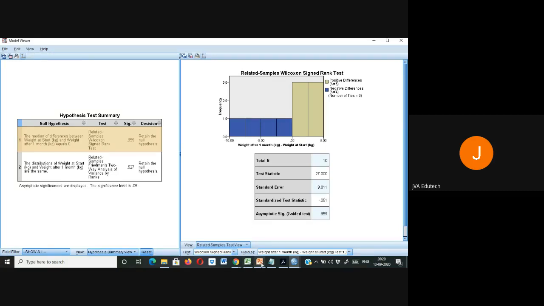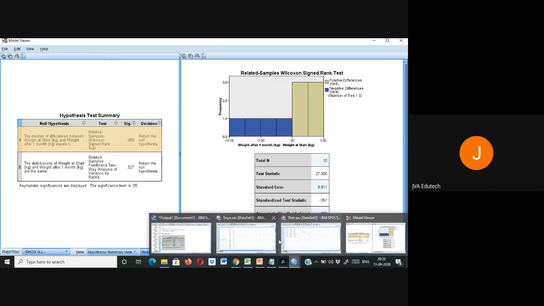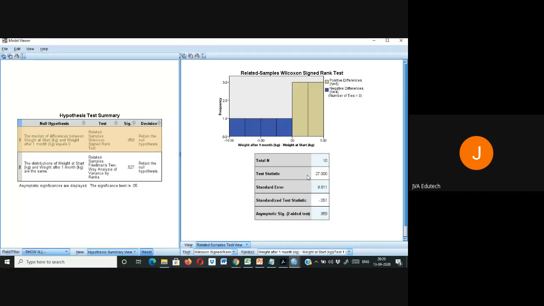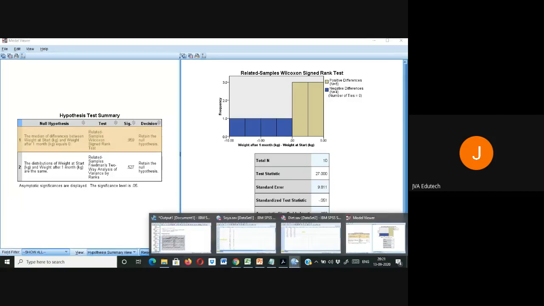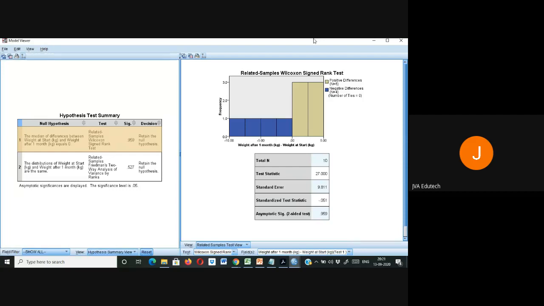Now second case again, so 0.01 will tell you what? There is no much effect size, means already it was there that this diet does not have any significant effect on the weight. If you want to see the effect size, then it comes out to be 0.01 by dividing this by under root 20, which is very less, because we told that if any value is less than 0.3, the effect size is not significant, and 0.01 is a very less value. So similarly you can calculate the Z score for this also.